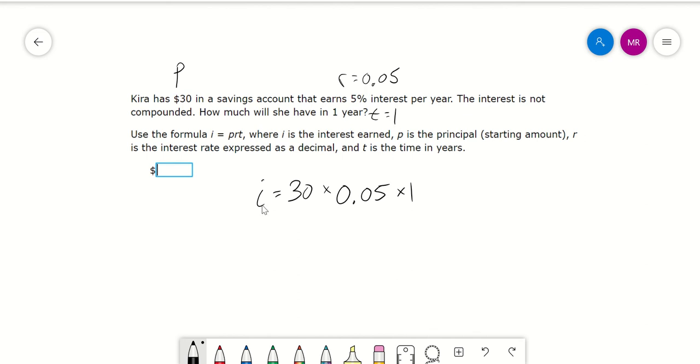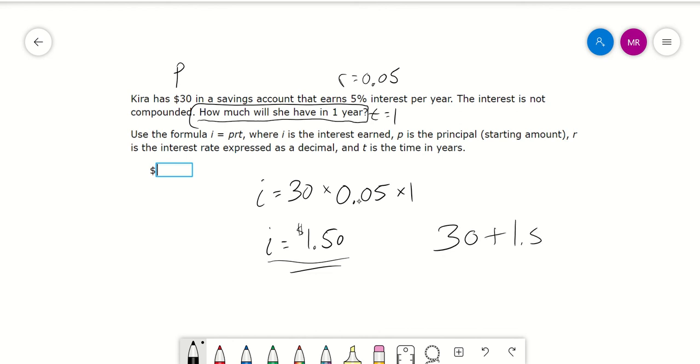So T equals 1. So interest equals 30 times 0.05 times 1. So the interest earned is 1.5. So she earned $1.50. Now here's where you've got to be really careful. Read this part here: how much will she have in 1 year? Compare that to the last problem. The last problem said, how much interest will they earn? Well, she earns $1.50 interest, but that's not how much she will have. She had 30. She earns $1.50 more, and she now has